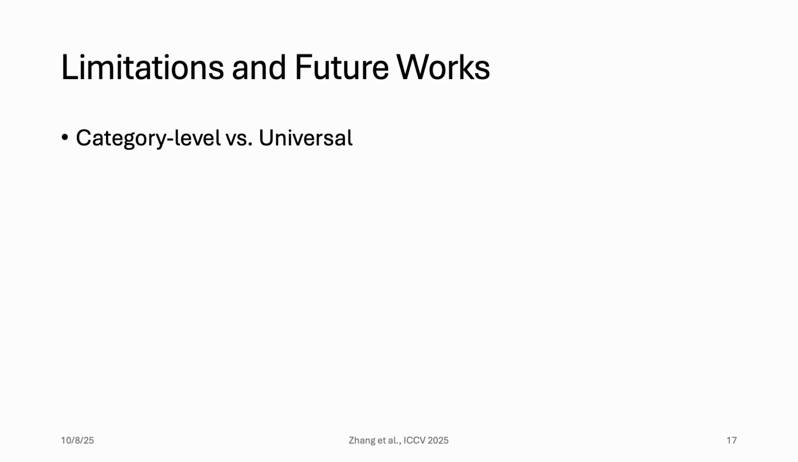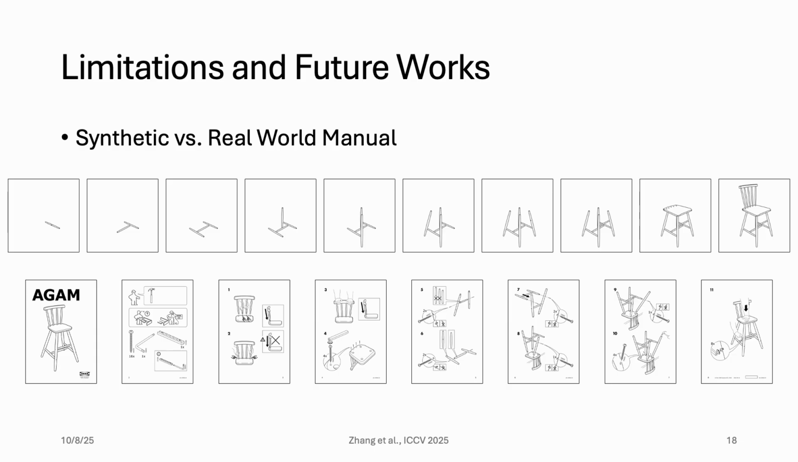Of course, our work also opens up several avenues for future research. The first challenge is moving from a category-level model, which we have now, to a universal model that can handle any arbitrary category of furniture. This is a very valuable direction for future work. Secondly, there is still a gap between the synthetic manuals we currently use and real-world manuals from IKEA. Real manuals feature changing viewpoints, multiple parts per step, and even complex sub-assemblies. Bridging this gap to enable our model to understand these complex real-world instructions is a key focus for our future